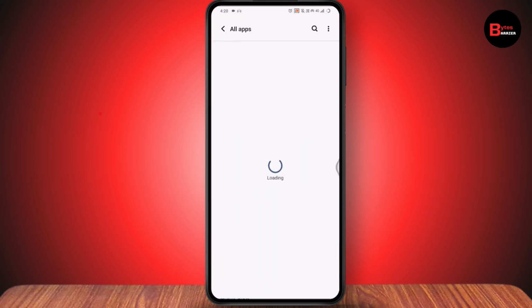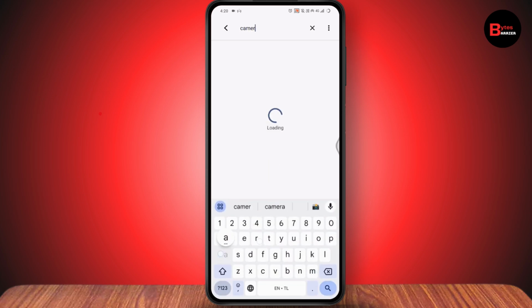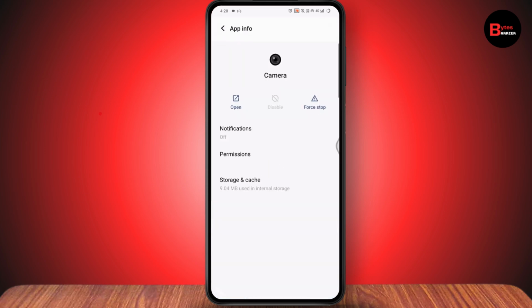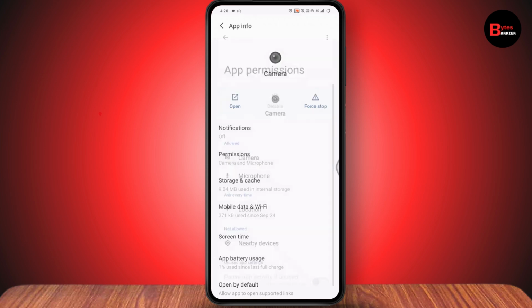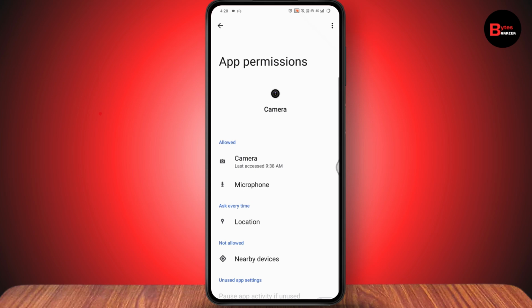Under apps, you need to go with see all apps and go with search. Now you need to search for camera. Once you search, tap on camera application. It will take you to the app info. Now you just need to simply go with permissions, and under permissions, make sure that you allow the permission of